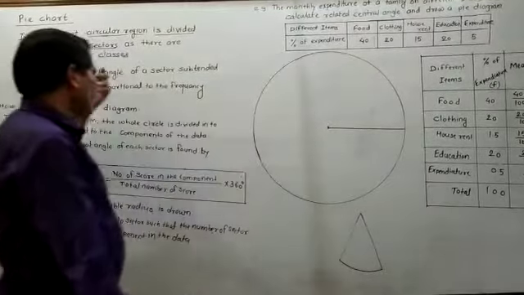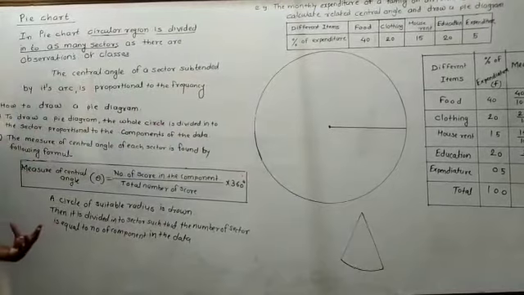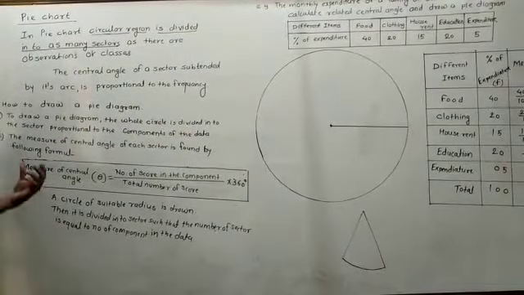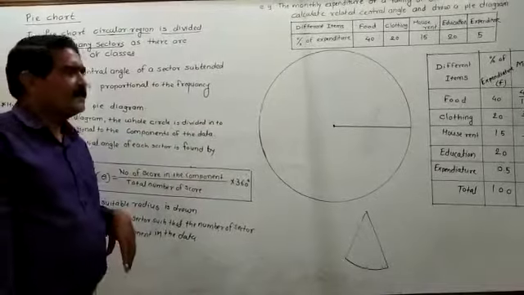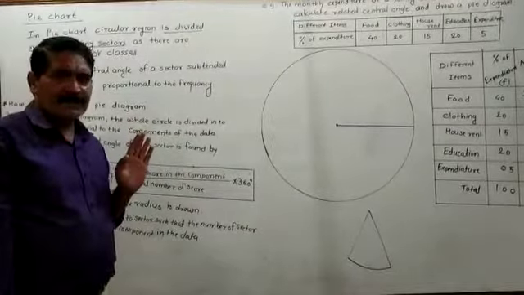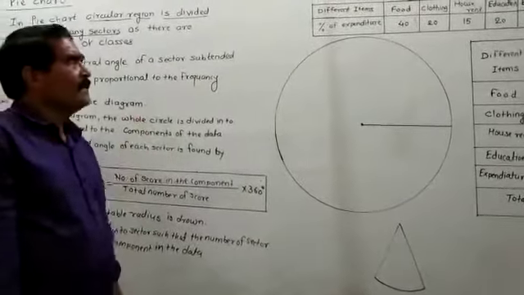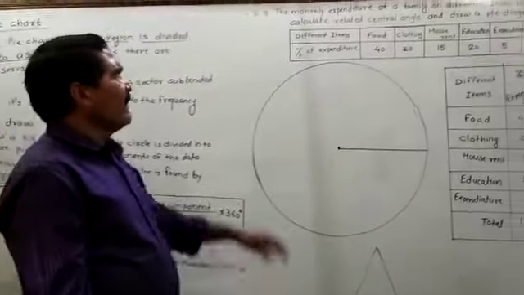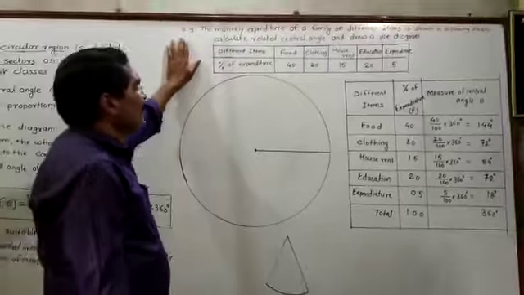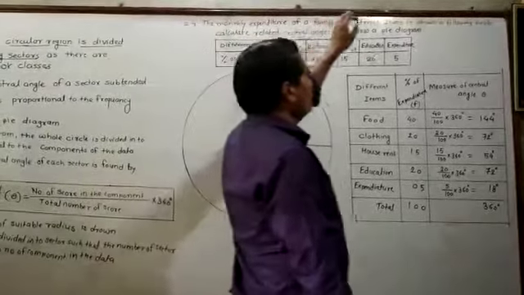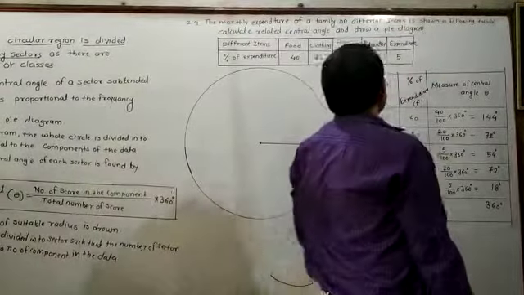These are some steps while drawing the pie chart. You will show the data in the form of a circle, you have to divide this circle into the different sectors, and according to that you will draw the pie chart. Everybody understand these things? Then friends, let us start with one example. This example is the monthly expenditure of the family on different items, shown in the following table.